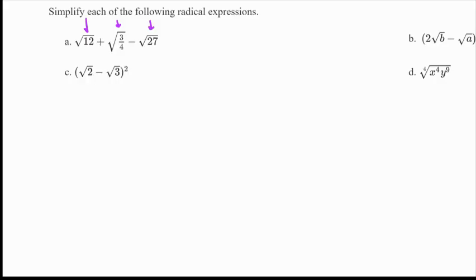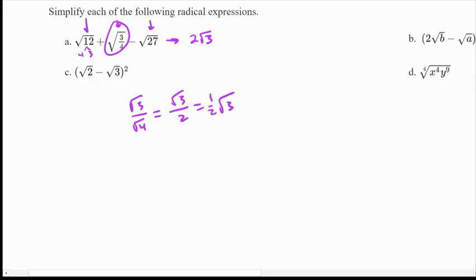And so the square root of 12 ends up breaking up into square root of 4 and the square root of 3. So that becomes 2 root 3. The square root of 3/4 is the same thing as the square root of 3 over the square root of 4, which is the square root of 3 over 2. And so that's also 1/2 times the square root of 3. So plus 1/2 root 3. And then the square root of 27 is just 3 times the square root of 9, that's subtraction, becoming